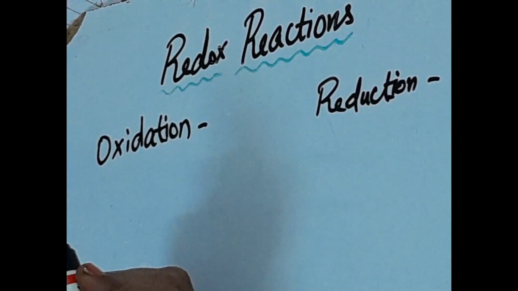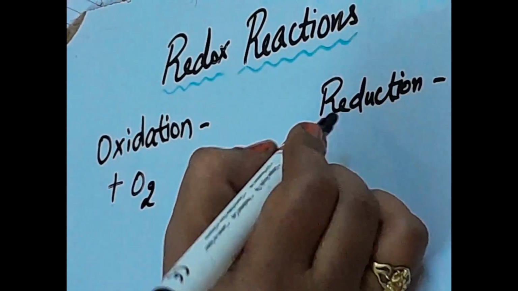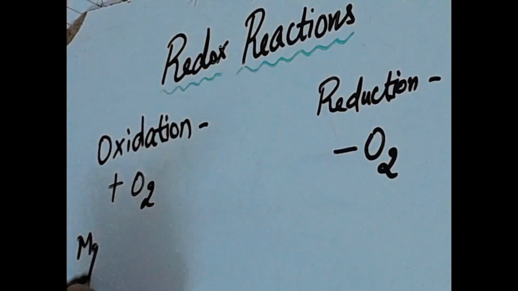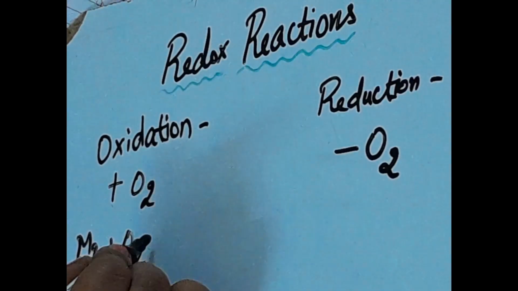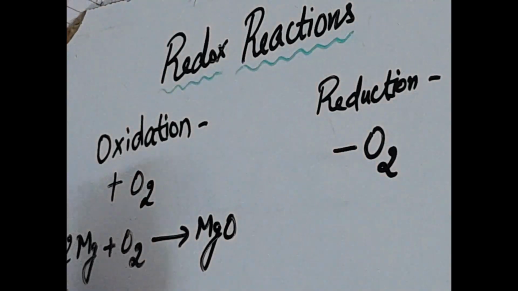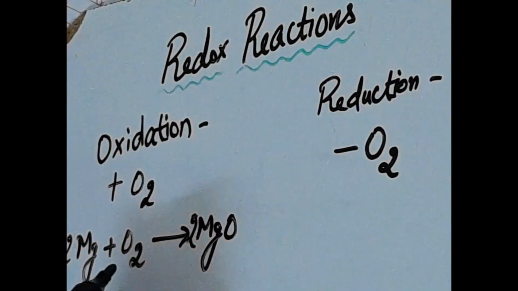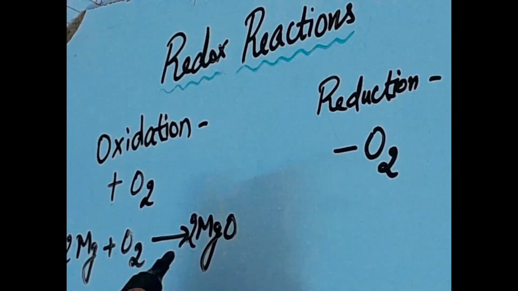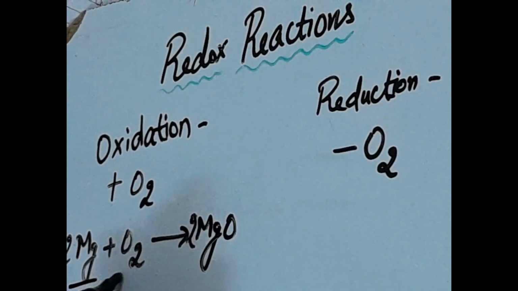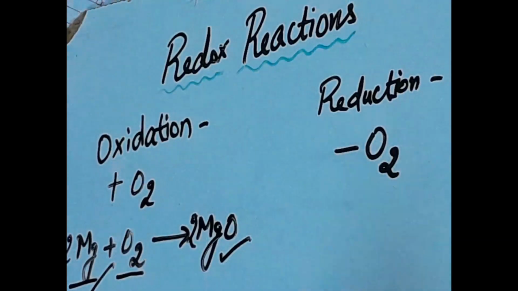Now what is oxidation? In its simplest form, oxidation can be defined as addition of oxygen, whereas reduction is defined as removal of oxygen. So for example, I have a compound magnesium which reacts with oxygen, and you get magnesium oxide. This equation is actually not balanced. We'll see it now: 2Mg plus O2 gives 2MgO. You can see now there are two atoms of magnesium, one molecule of oxygen reacting together to give two molecules of magnesium oxide. So you can see since magnesium is being added to oxygen, we say magnesium has got oxidized in this reaction to magnesium oxide.